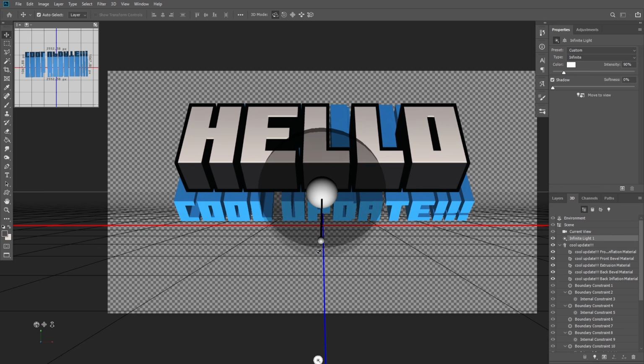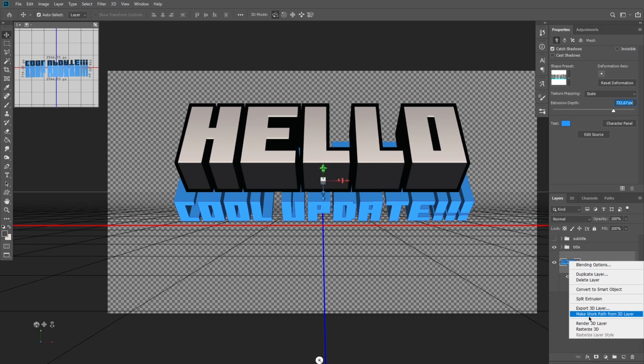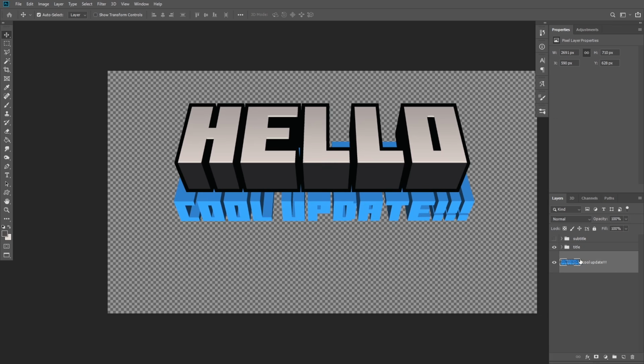So just do the same thing as before with the infinite light, but reverse. Remove the cast shadow. I guess you can just make sure this isn't too long. We're gonna remove everything above this line anyway, so it doesn't matter. But when you have that, just once again rasterize it,